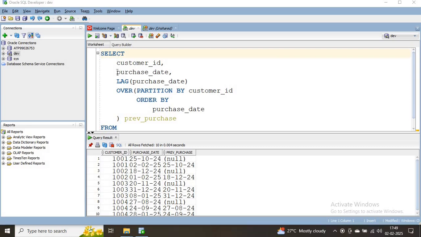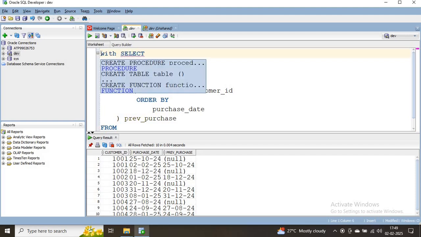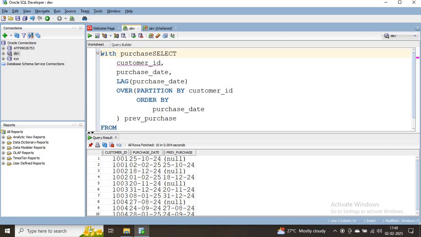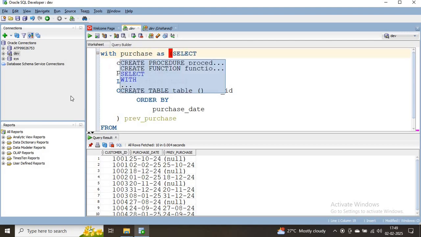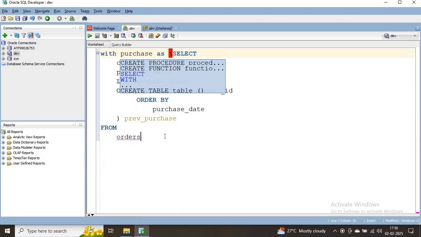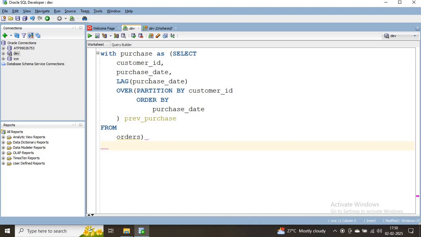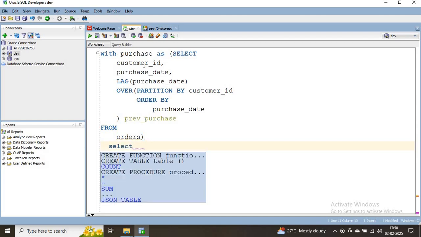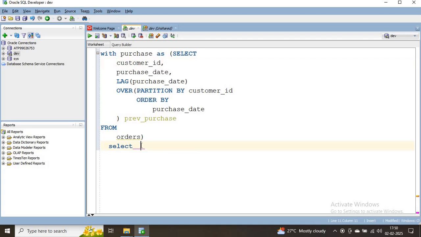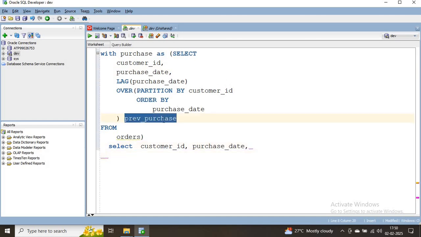Now I'll use the entire query as a common table expression. So for this we'll write with, and I'll put the name as purchase as, and in the main query I'll find the gap between the purchase date and the previous purchase. So in the main query we'll write select, first I'll write this column customer ID comma purchase date comma previous purchase,